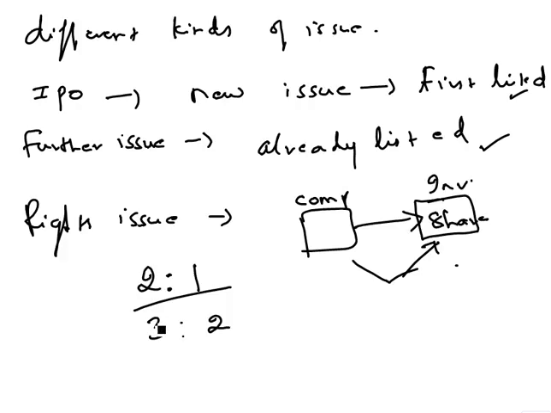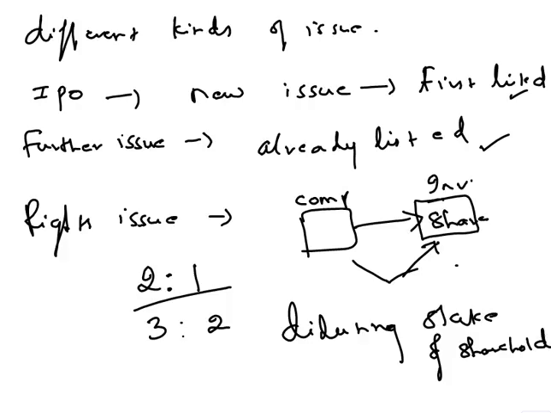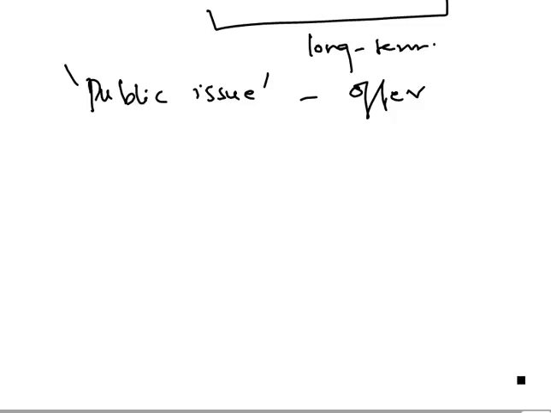This route is actually best suited for the companies who would like to raise capital without diluting the stake of the shareholders. So the ownership won't reduce in this case. So this is when the company adopts the rights issue. Now let's see about